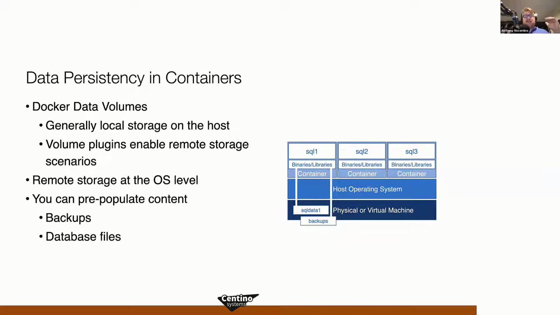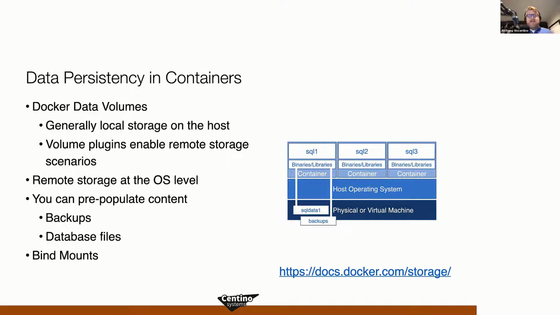In addition to a Docker data volume, which is an allocatable resource from the container runtime from the base OS, I could also use a technique called a bind mount, which is commonly used to basically short circuit access from inside the container to the base OS. When we use a bind mount, we'll actually see the underlying operating system file system. This is a common way to bring backups into the picture, or oftentimes scripts, to have access inside of a container image. But generally, we're going to be using Docker data volumes, which give me an allocatable resource from the underlying base OS by the container runtime.